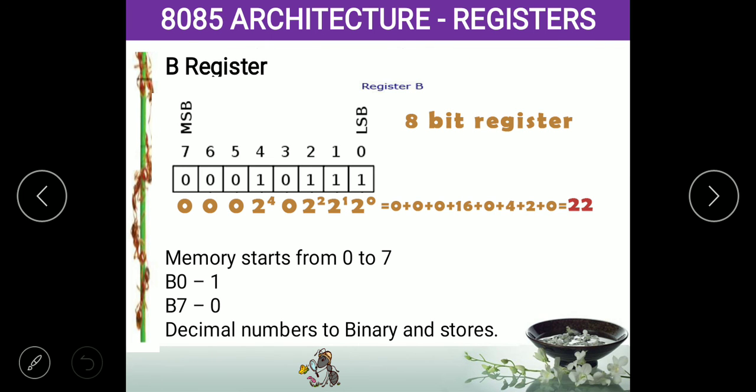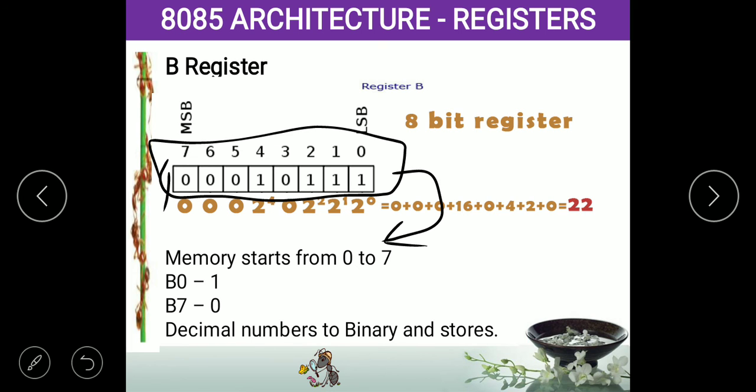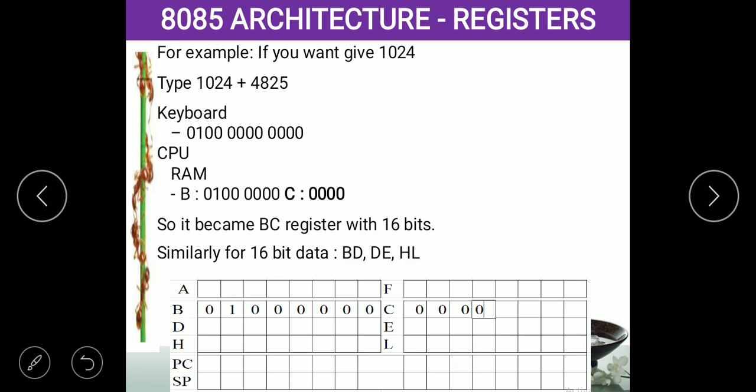Now, for example, it is an 8-bit register. Normally on the mechanical side we start the first number as 1, but in computers and on the electronic side the first digit will be 0. So they are numbered from 0 to 7, so there are 8 bits. If there is a number, this is the conversion of binary to decimal. All this we studied in our lower classes itself, so I am not going to discuss much on this.